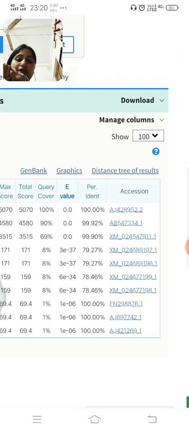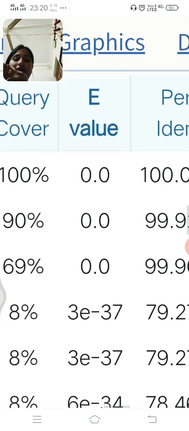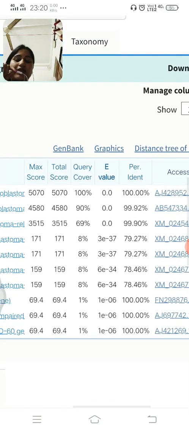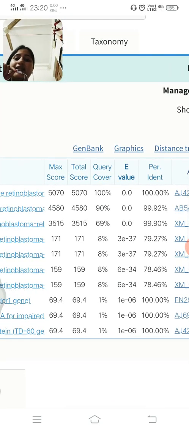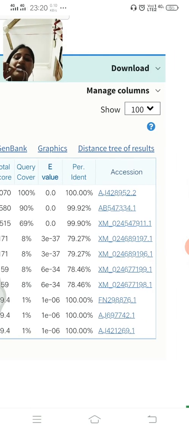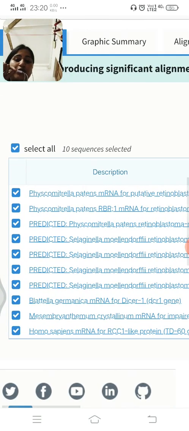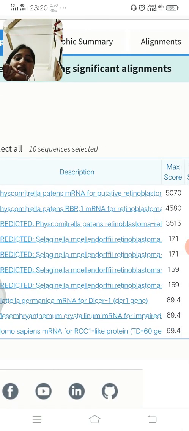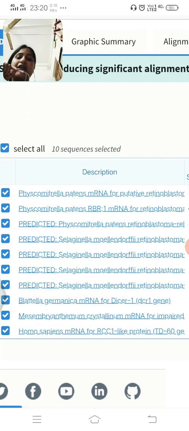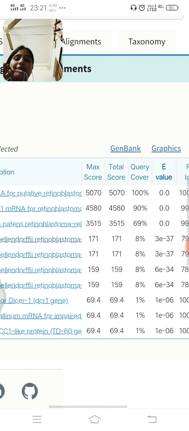So based on the sequence similarity, you can see the E value is 0, so the significance is 100%, the query is covered 100%, the score is given, and the percentage similarity. So this sequence is 100% similar to one of the RNA gene sequences present in the database, suggesting that it is that particular sequence only. It is not a novel sequence.